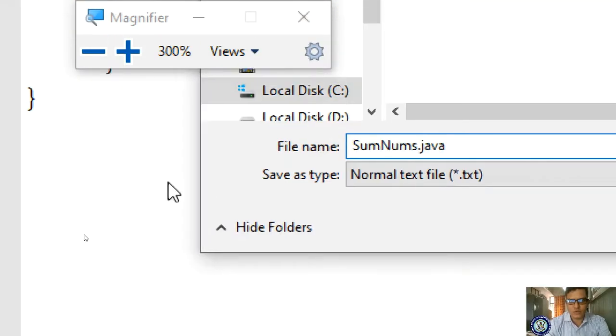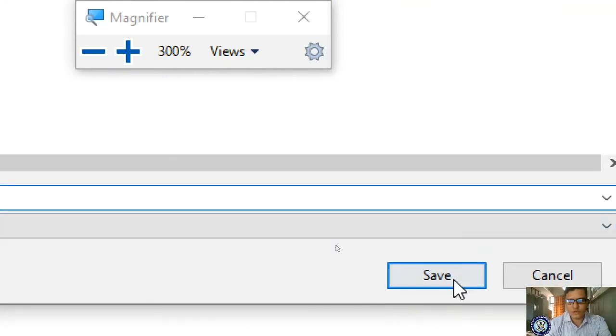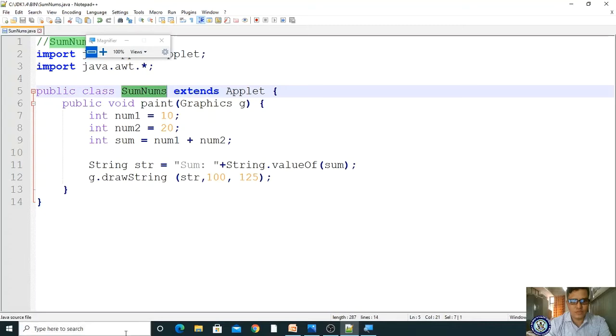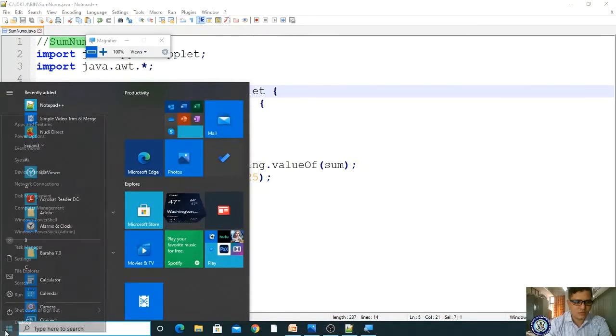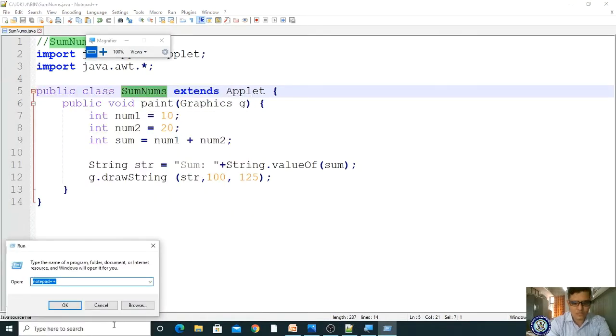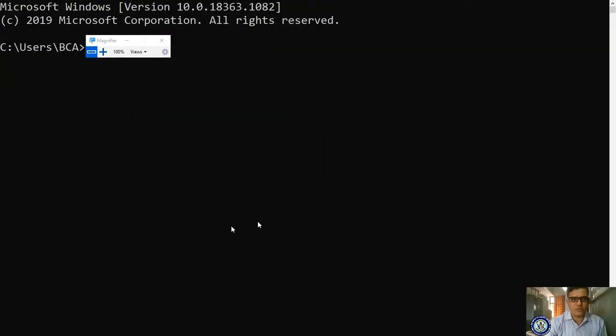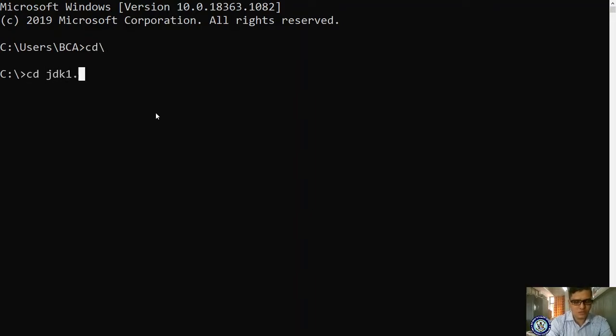Please observe here, this is also a static program, but we will see the execution of this program. In the command prompt, cd to jdk 1.4/bin, then javac SumNums.java.